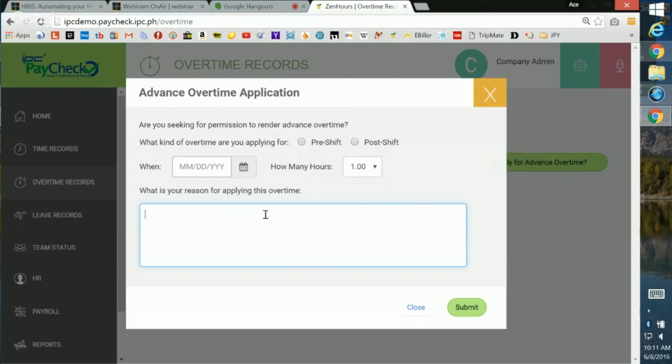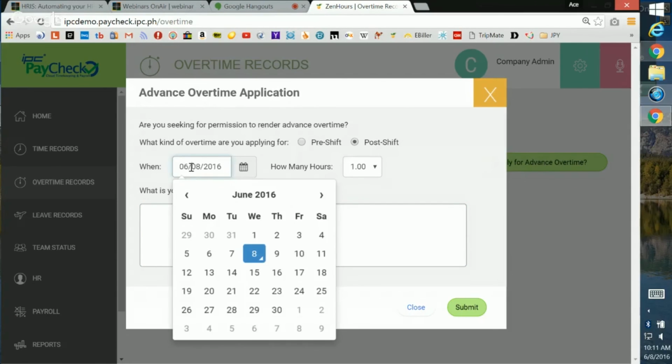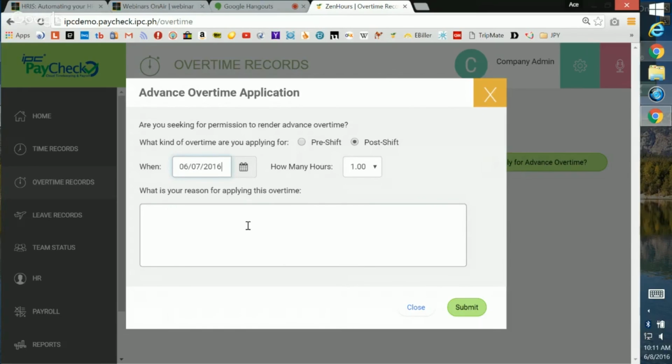So you can set it here that this is a post shift, and then you can set the day the overtime was generated or done or completed, and then you can state the reason. And then when you submit it,